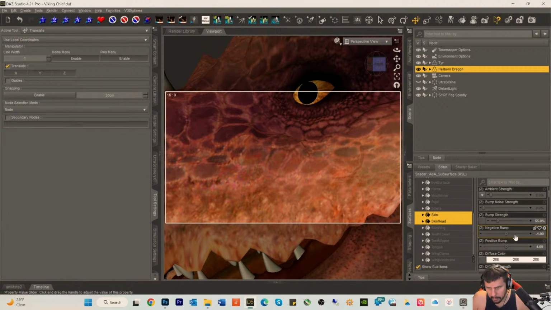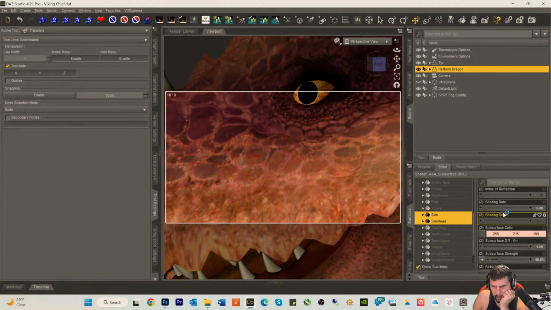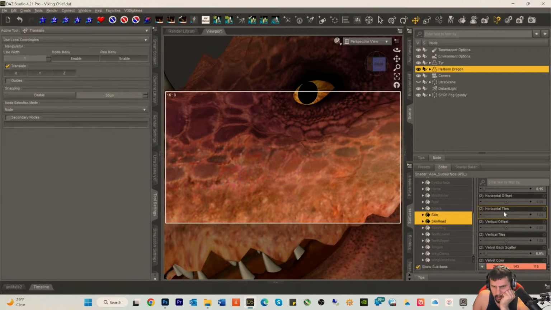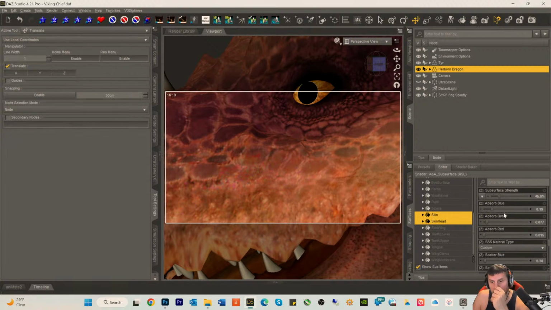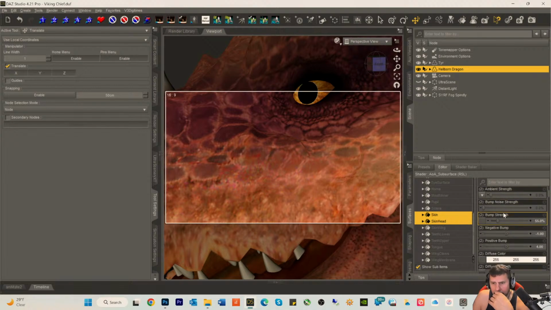Negative bump, positive. So this is bumps, but oh, these are bumps. This is the actual bumps. Then there's bumps, and then there was normals here. There's no normal map to this texture. Subsurface color. Velvet color. I've never, oh, are these? Oh, that's the problem. His colors are